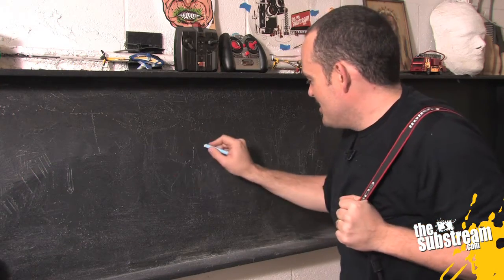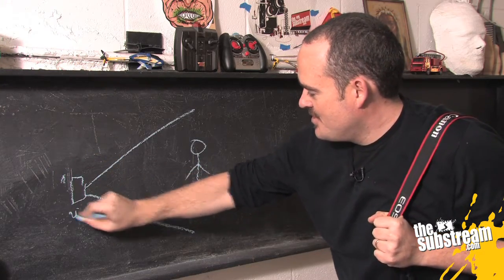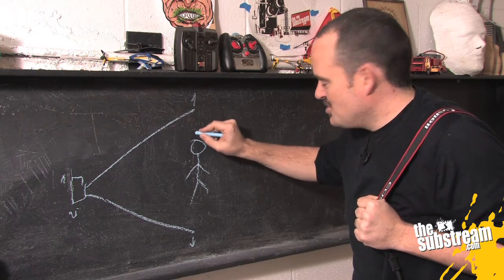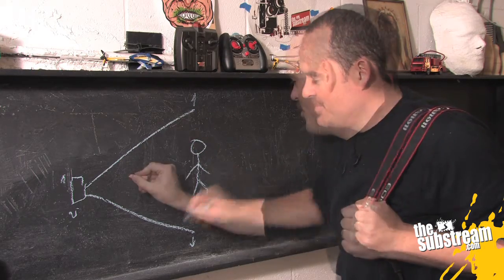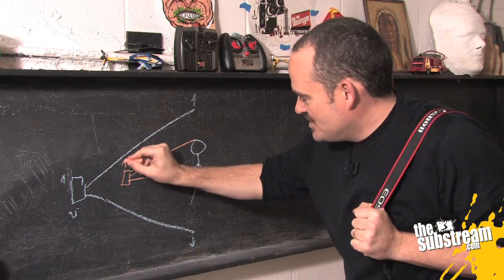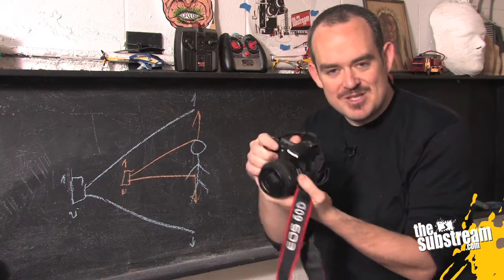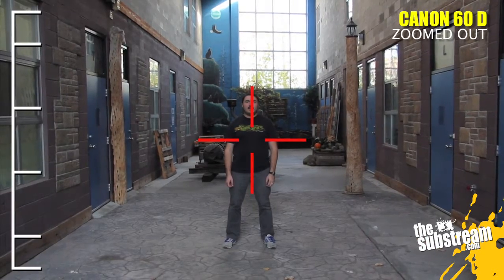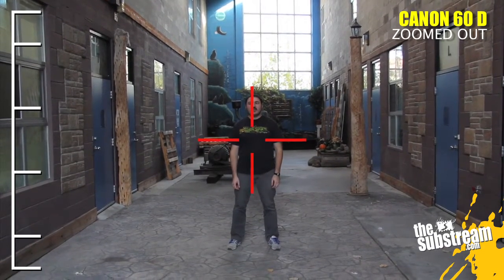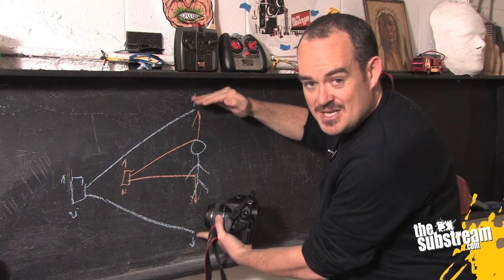When you shoot something, a person, from a wide angle, every movement of the camera up or down is going to change your image a minute amount. The person moves a couple centimeters, perception-wise, within the frame. But when you shoot them from a longer lens, a narrower angle lens, all of your little movements are amplified. When you're holding the camera, either here or here, with the same arm that's basically unsteady, that unsteadiness, if you're in a wide angle, translates into a perception of a much steadier shot, because the person stays relatively stable in the frame, because the amount of change is not that much, relatively speaking, when you